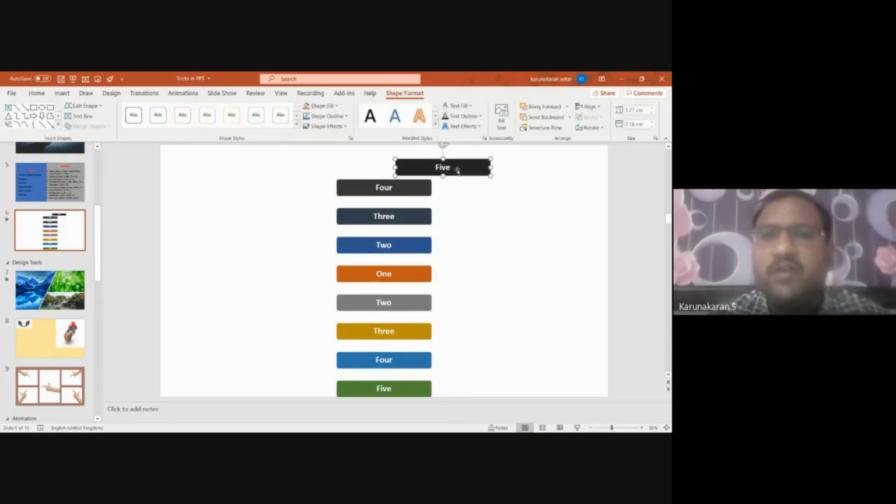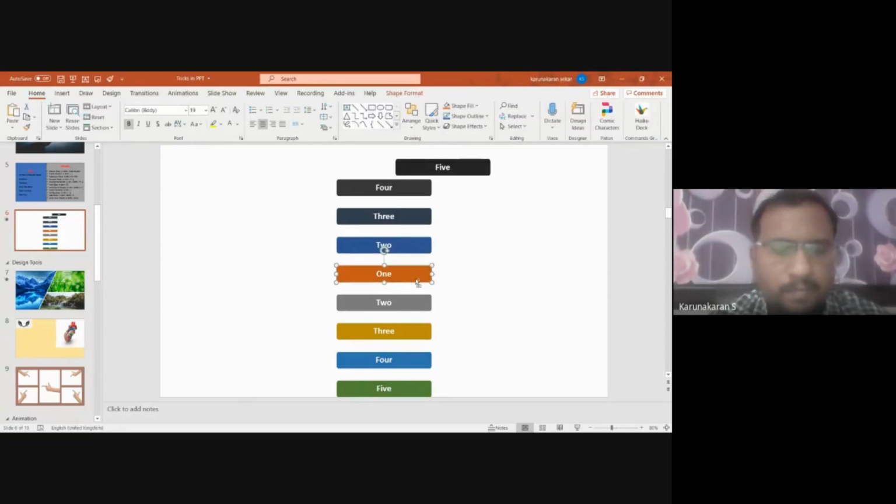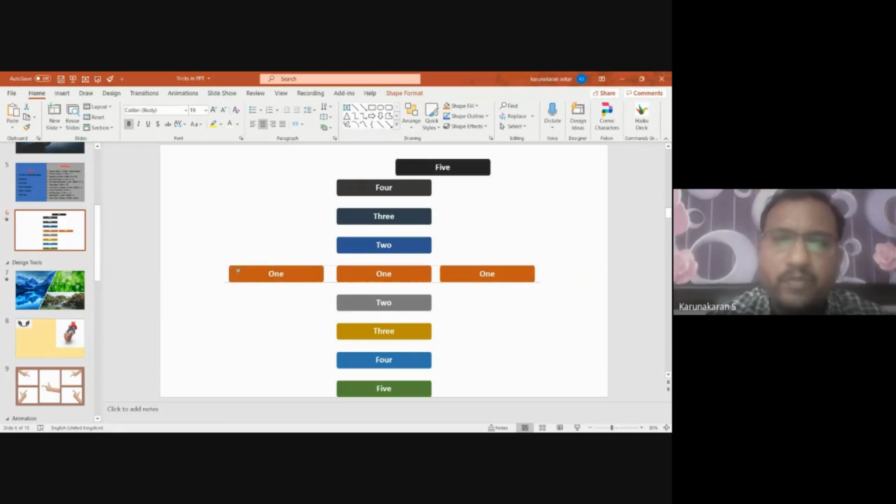Okay. So suppose you have drawn this and you want this to be reused again, if you want to copy paste, you can press Control Shift. You can drag. You can immediately get a copy of that. Okay. And while doing this, you can see whether they are aligned correctly or not. Right. So when you want to align, it becomes easier.